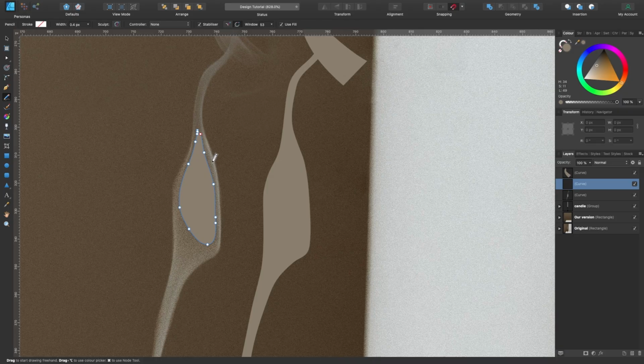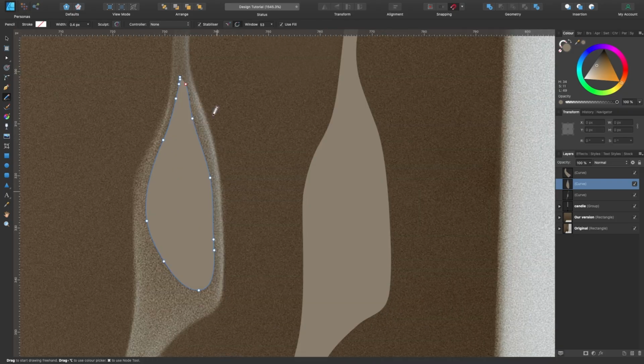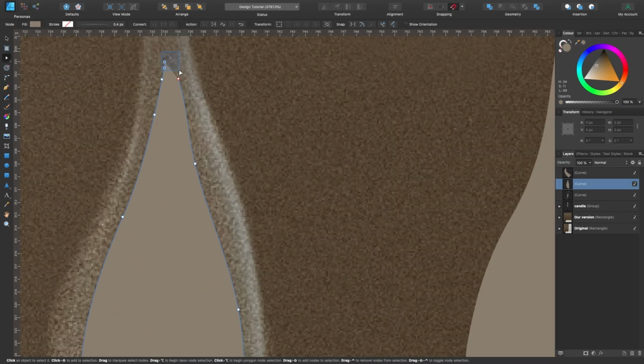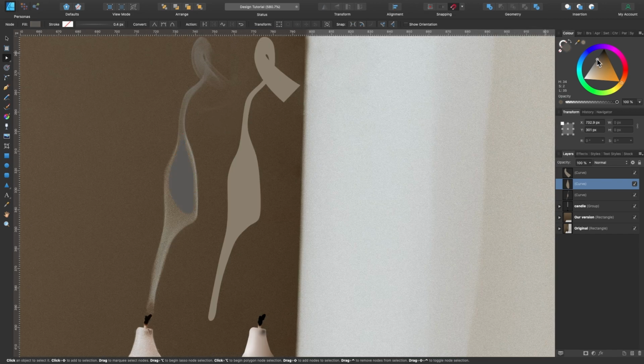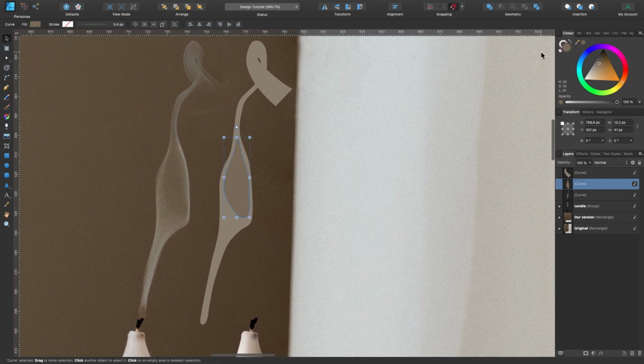And I'm going to leave room because I'm going to stick a Gaussian blur on there. So I've got room on the outside for it to blend in. I'll just close up that shape there. I'll give it a darker color for now. I'm just going to drag this across over onto our version. I'll use the color picker tool again, click and drag that onto the darkest part in here. So maybe there, click on that. Okay, it's probably a bit darker than that, so I'll just do it manually.